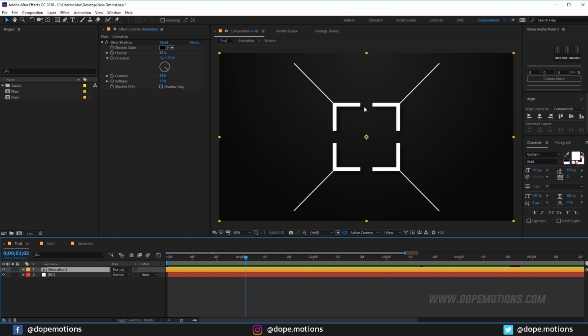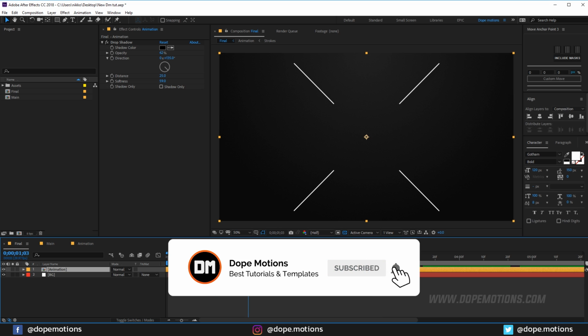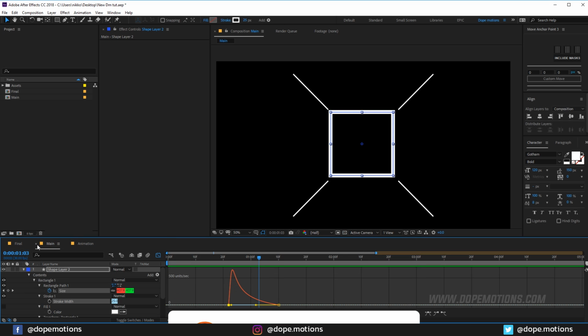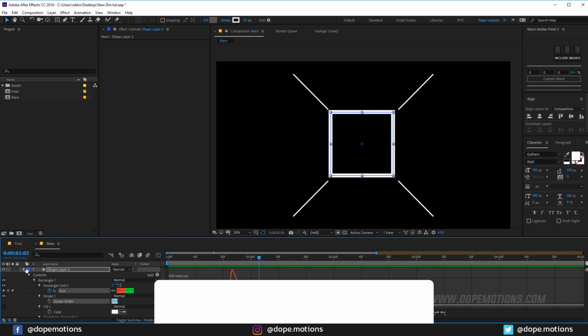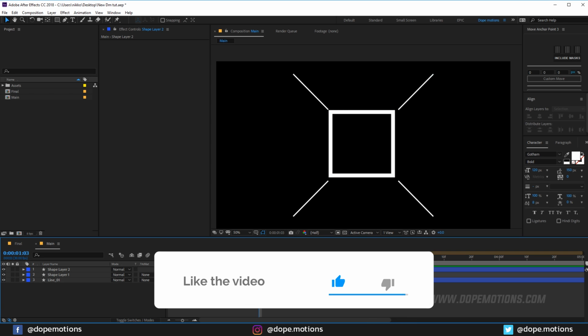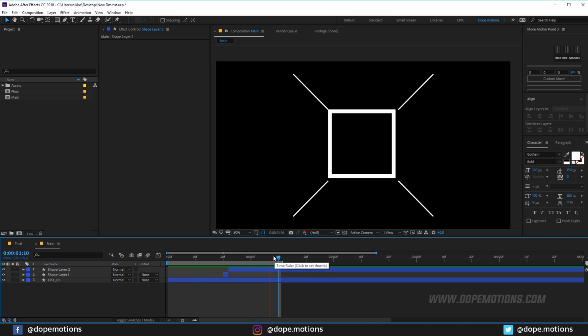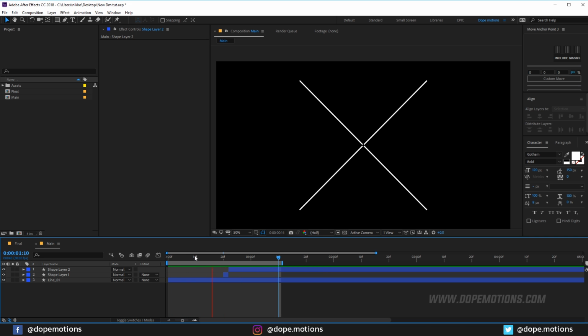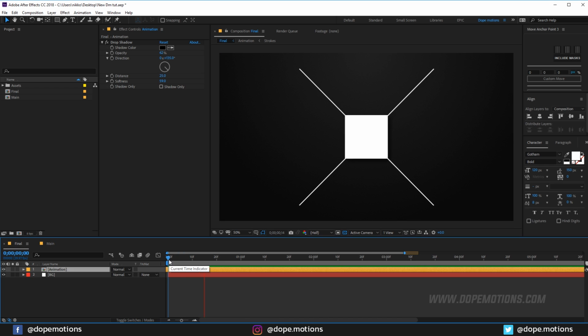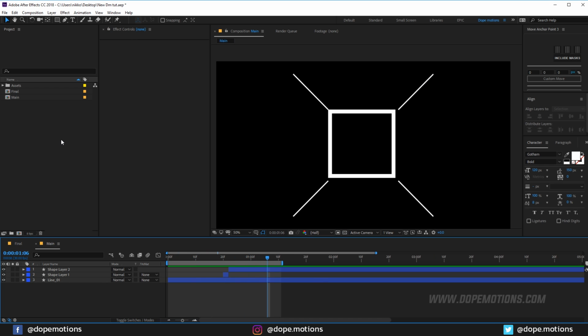See, now let's create this kind of a stroked up squares. So there we have it, looking very nice. All right, now what I'm going to do is let's create